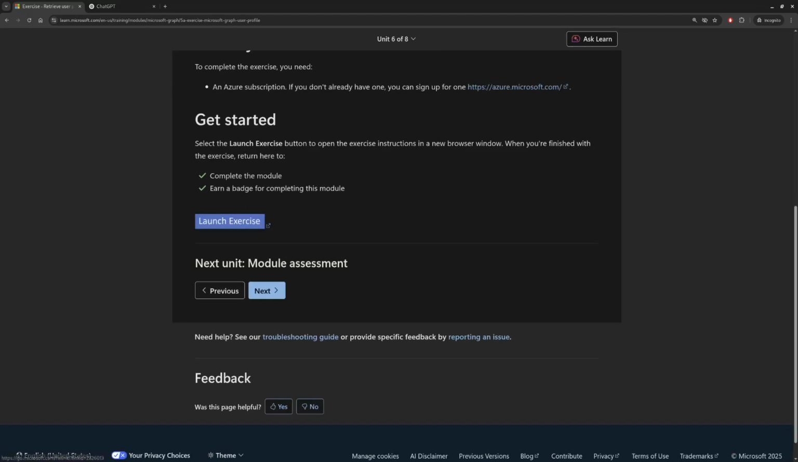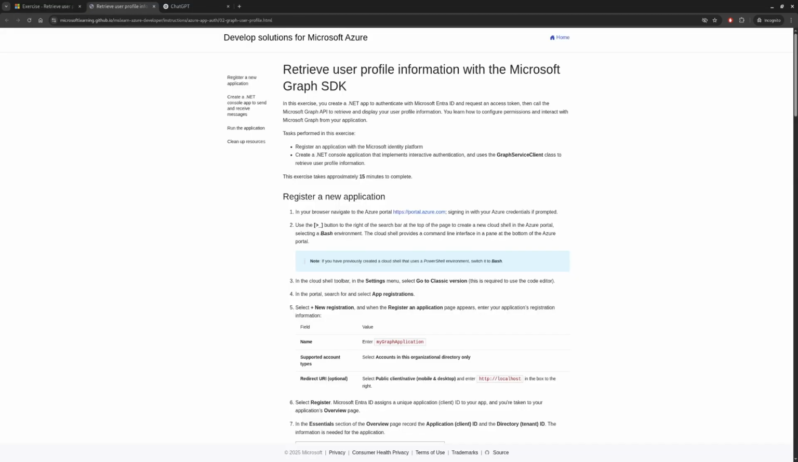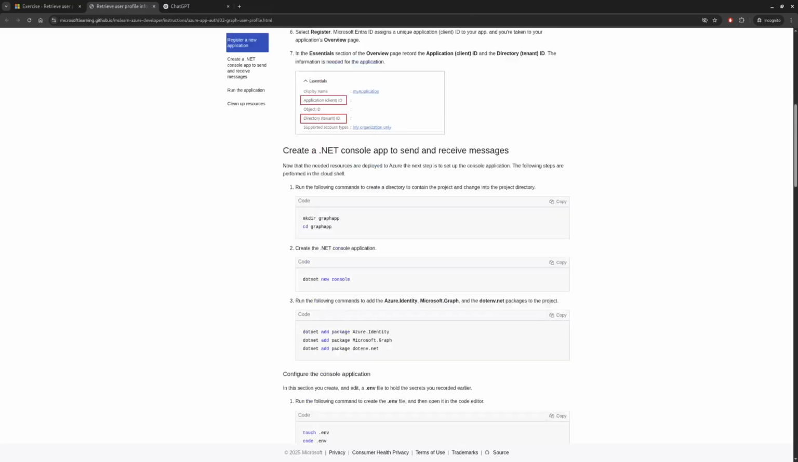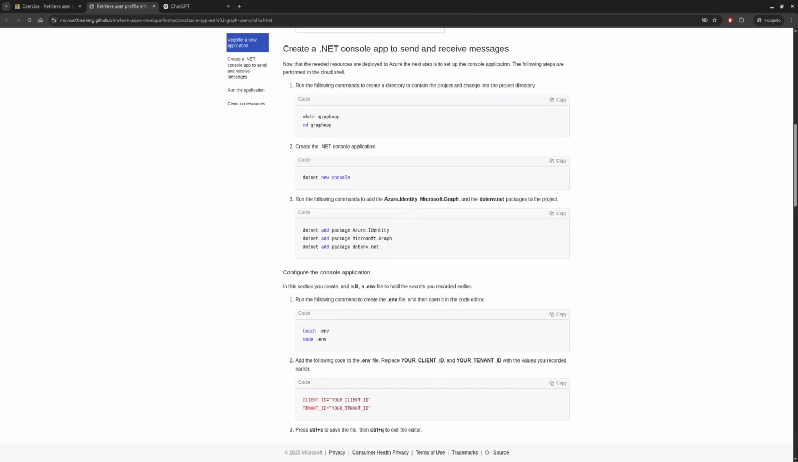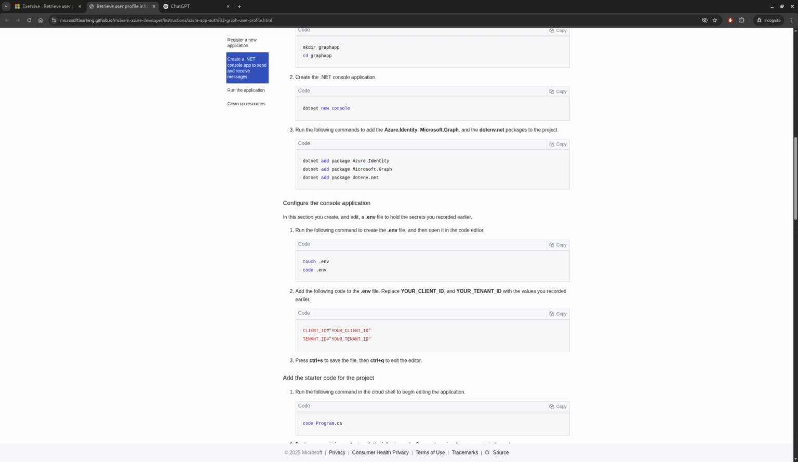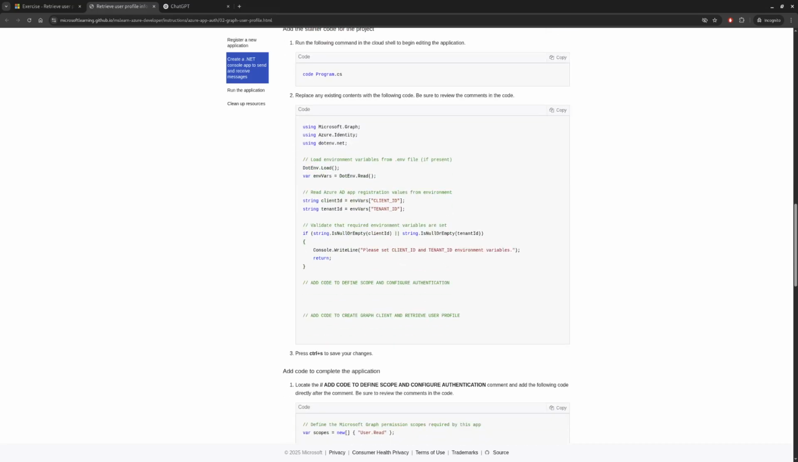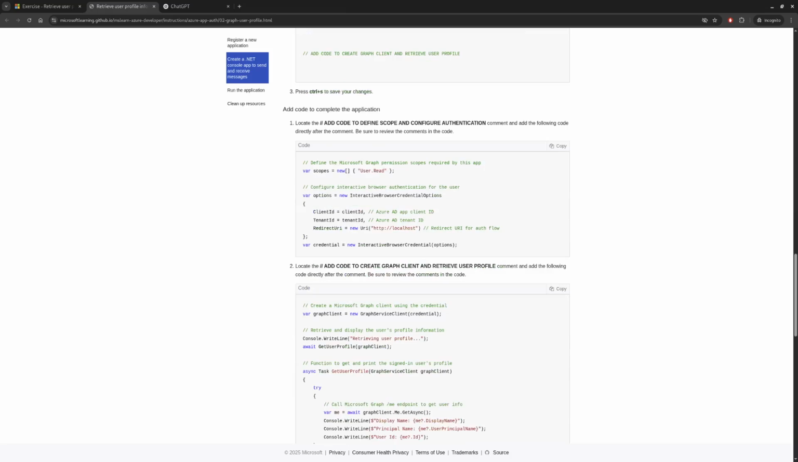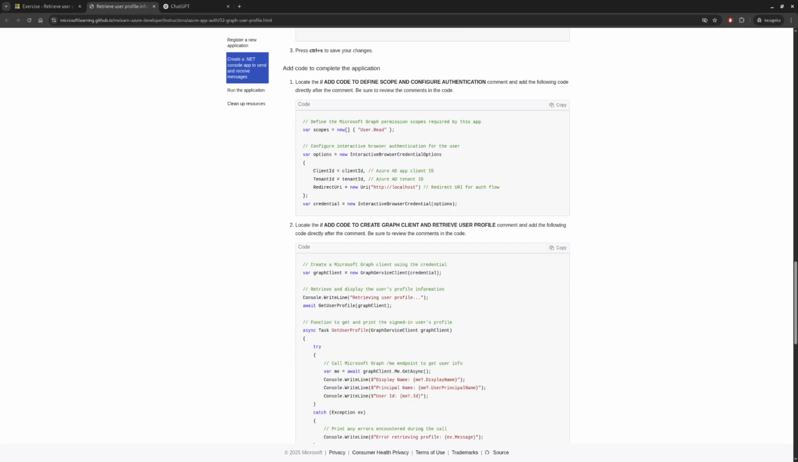Exercise. New application. New registration. Register an application. Created. .NET application. Azure Identity. Microsoft Graph. Identity, .env. After the variables, this is the InteractiveBrowserCredential option. This is the part where we grab the token